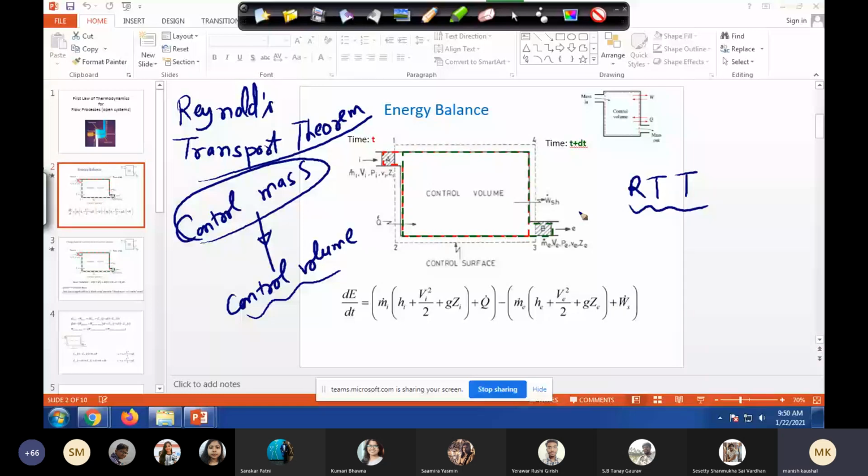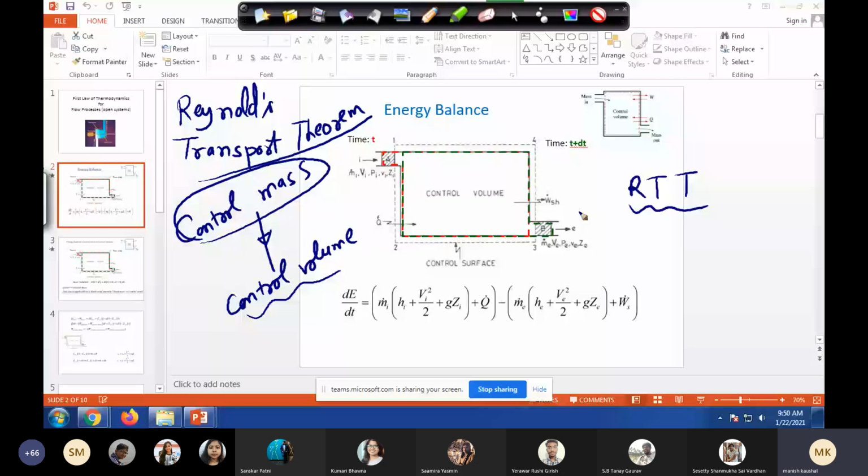Since RTT is not part of this course and it will take enormous time, I will derive something like RTT for our case, energy balance. If you want the more general case, I'll share a link with you. That is one lecture by Professor V. Shankar from IIT Kanpur. When I was a student, he used to be my favorite teacher, and I used to be his favorite student, anyway. So that lecture I will share with you on NPTEL, a very good lecture.